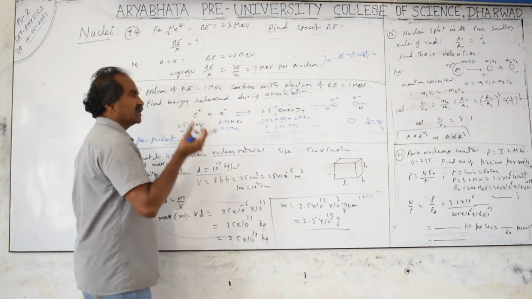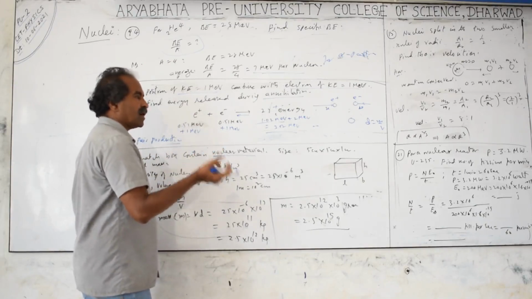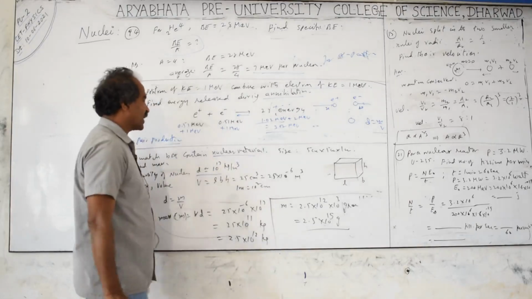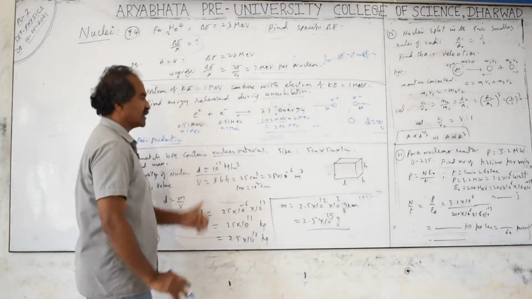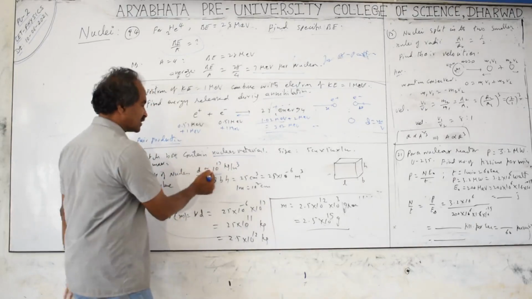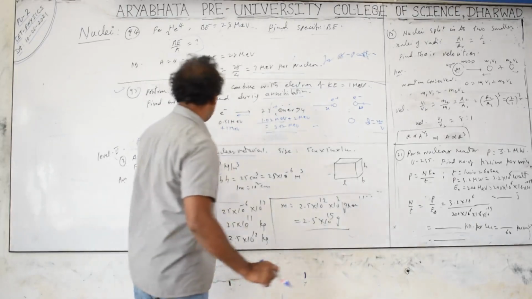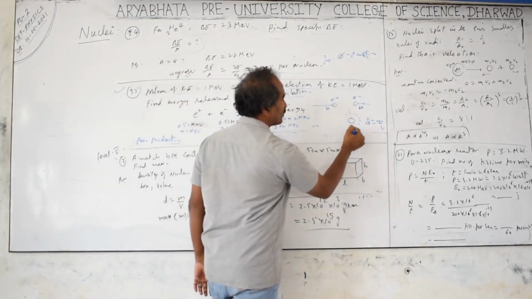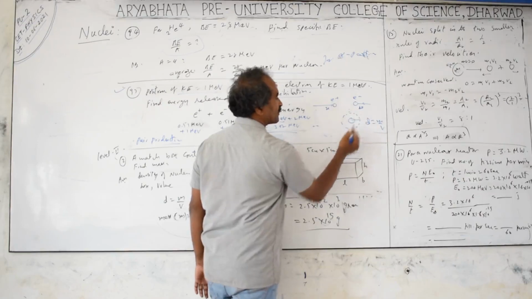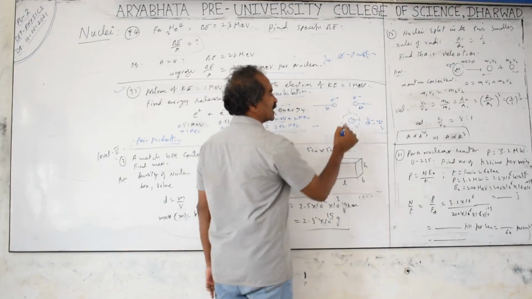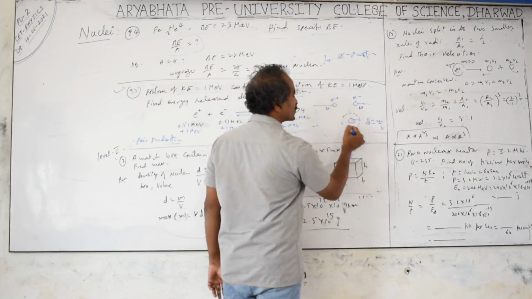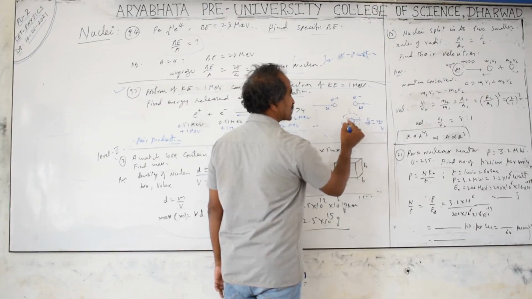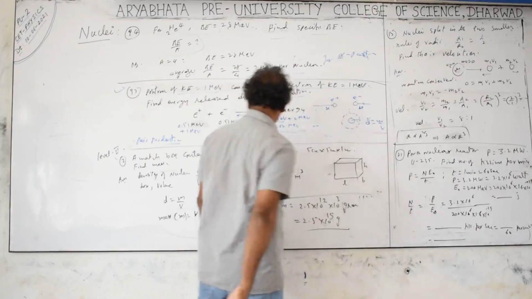They will ask the question: for argon, the density is 10 to the power of 7 kg per cubic meter for its nucleus. What is the density of the sodium atom's nucleus? The density is the same, the order is the same only. They don't ask for the multiplication number, they never ask. And one more thing here: if you take the volume of the atom, the radius is very large compared to the radius of the nucleus. Therefore the atom's volume is very high, which automatically means density decreases. So the atom has less density than the nucleus.